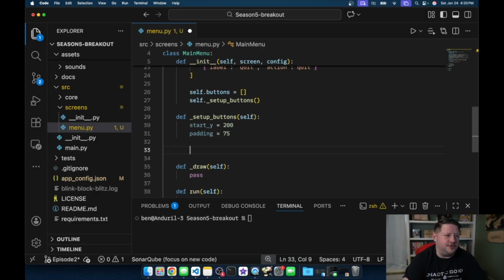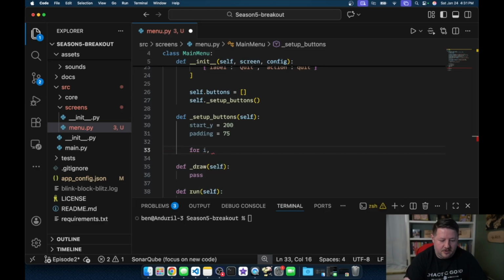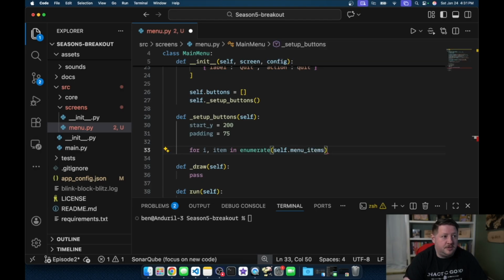You'll see what those do in a second here. So the next thing we're going to do is go through the list of menu items. So for i, item in enumerate self.menu_items. So if you're fairly new to Python, you're probably familiar with the idea of doing for x in